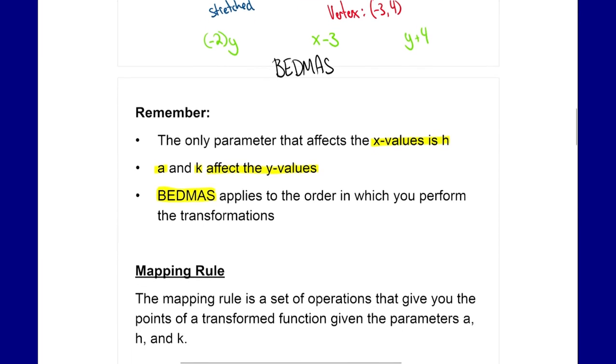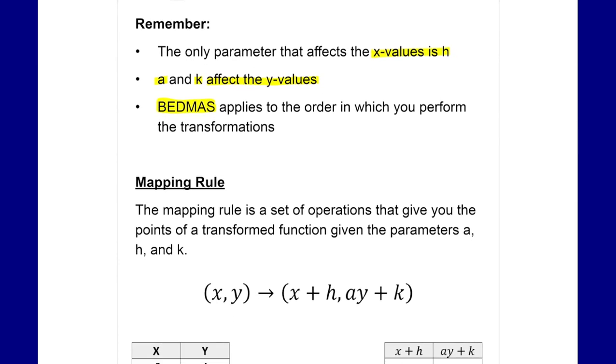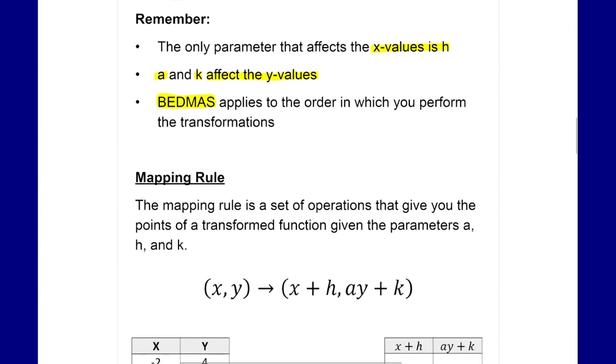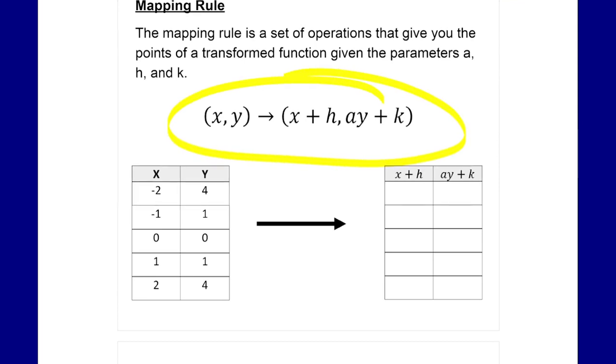But there is something that's going to help us do that, and that's going to be the mapping rule. So the mapping rule is a set of operations that give you the points of a transformed function given the parameters of h and k. So the way this appears is right here. This is my mapping notation. I have my parent function,